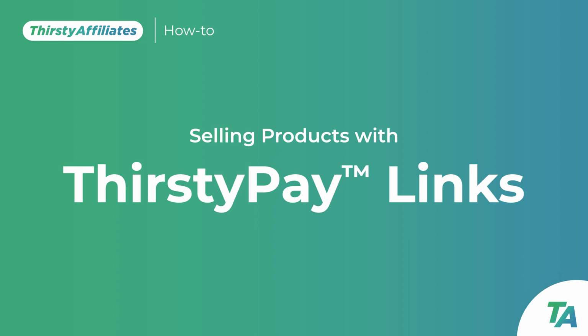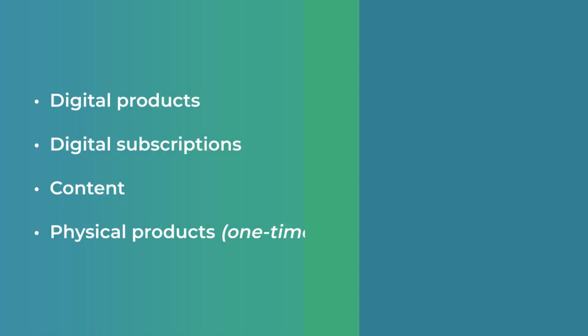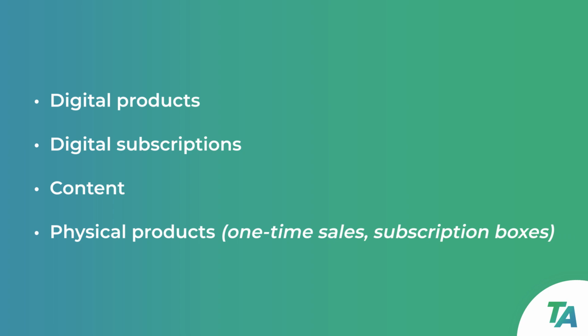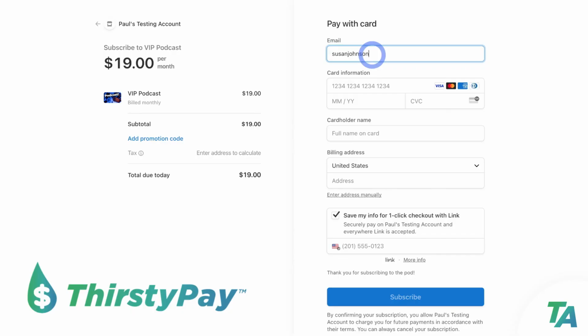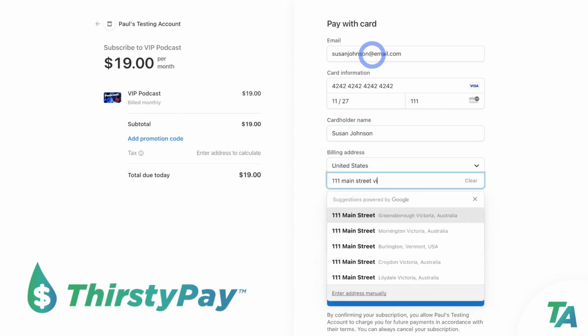Hey everyone! In this video, you're going to see how to easily collect payments when selling your products and services with ThirstyAffiliates and Stripe. Whether you're selling digital products, digital subscriptions, unique content, or even physical products like subscription boxes and more, ThirstyPay by ThirstyAffiliates lets you create a sleek, pre-designed digital storefront right on your WordPress website with the ThirstyAffiliates plugin. Since the whole experience uses Stripe, one of the most popular and stable ways to accept payments online,